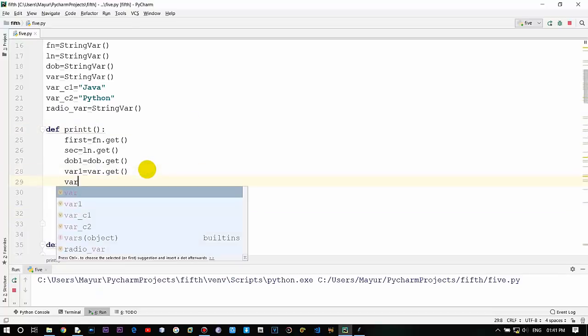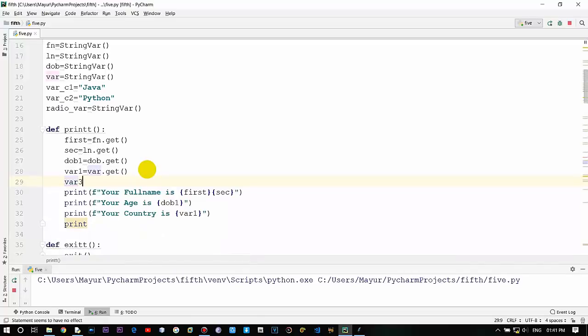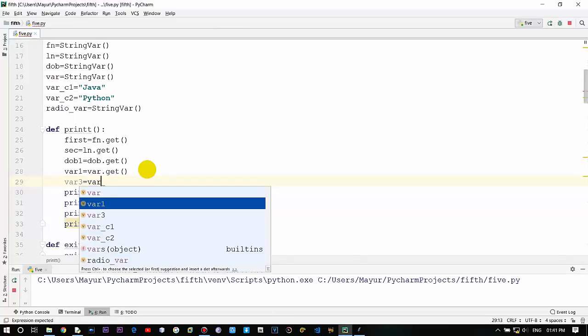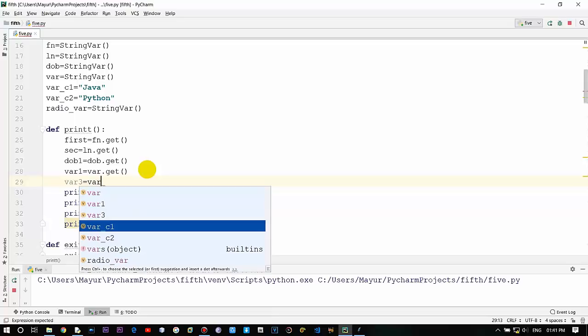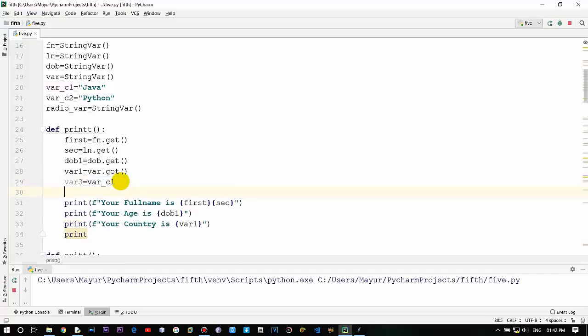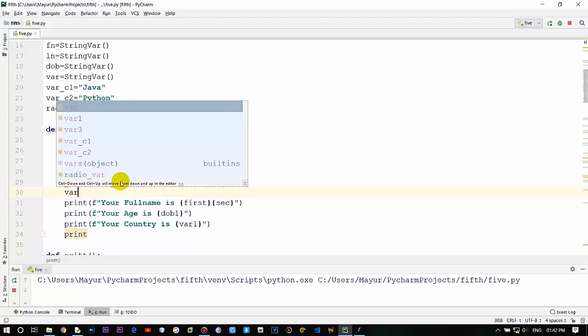So just before that, create a variable var3 is equal to var_C1, right? So we are getting C1, but we don't have to use get, you can use it based on your preference, but here C1 is already provided Java and C2 is also provided as Python, so you don't need to get it. The value is Java and Python,